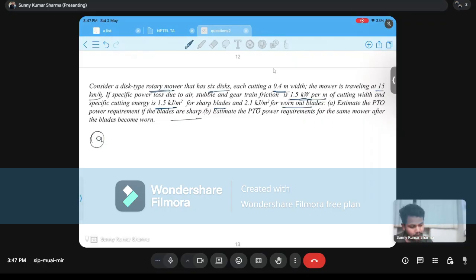First question is we need to estimate the PTO power requirement if the blades are sharp. And second question is estimate the PTO power requirement of the same mower after the blades become worn. So we need to know the expression for how we calculate this PTO power requirement. So what we have given here in this question is,